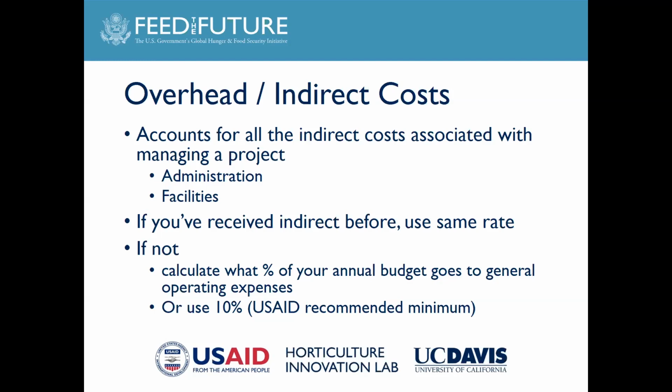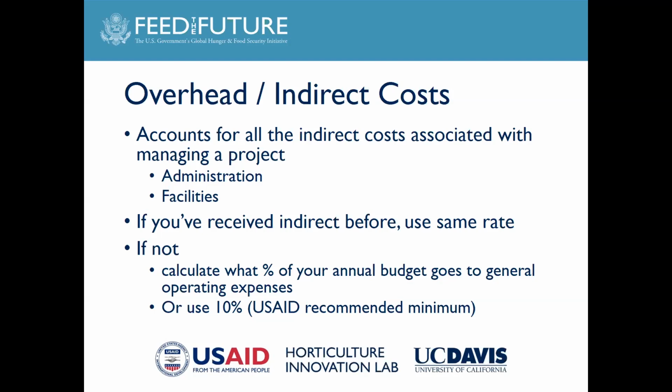For example, the facilities, the electricity, the pencils and pens in the office, the Wi-Fi, any administrative staff you have that work for all the projects in your office, like a secretary or maybe a general director. These kinds of indirect costs, you can't really specify that they're for this project, yet they do contribute to supporting the project in really important ways. So donors recognize that and allow a percentage of overhead or indirect cost to be added to the grant amount